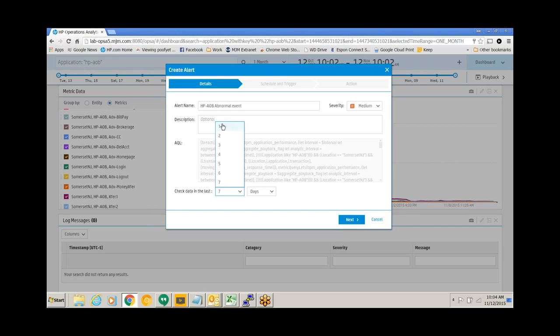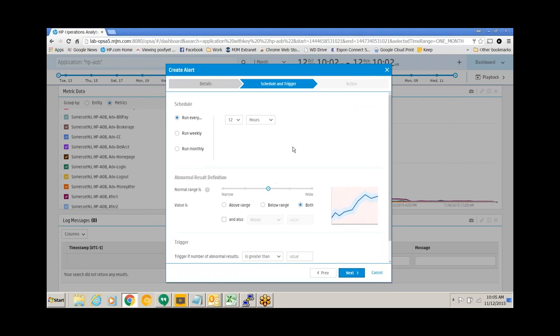So here I could say, let's just check every hour, an hour's worth of data. I could trim that down to minutes if you like, but here we'll just say hour. And we'll say next. Then for that query, for the alert, what do I want to run? How many times do I want to run it? So we'll run this